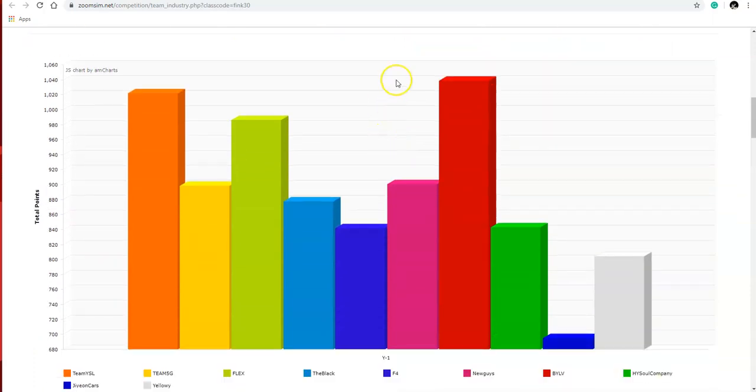As far as points go, we have a number one points BYLV at 1,038. Number two in points Team YSL at 1,022. And Flex coming in third at 986. So we have three teams making a terrific amount of points. Now remember, round one is the easiest round to make points in. Future rounds become more difficult as you're competing against not only the other teams in the class, but against your